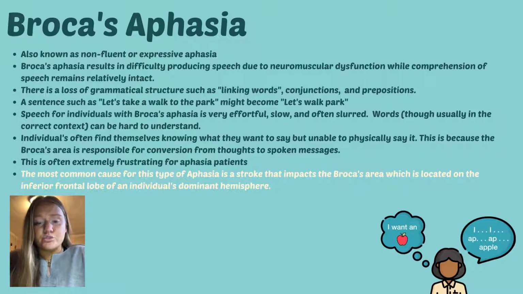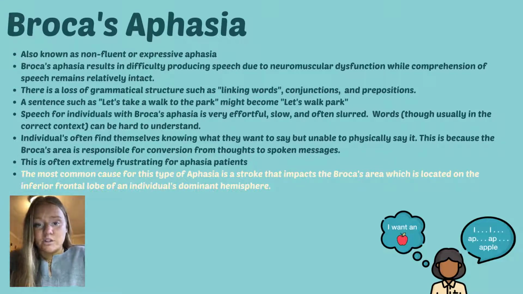And that is due to a neuromuscular dysfunction while comprehending speech. There's also a loss of grammatical structure, such as conjunctions and prepositions. So an individual with Broca's aphasia may produce a sentence of "let's take a walk to the park" as "let's walk park." And speech is often slow and slurred for individuals with Broca's aphasia, so they also have a difficult